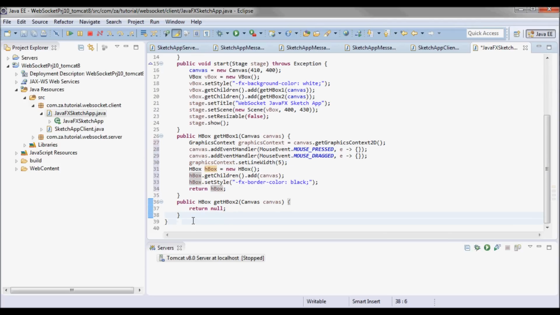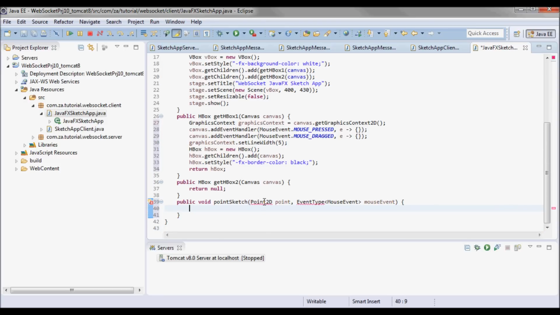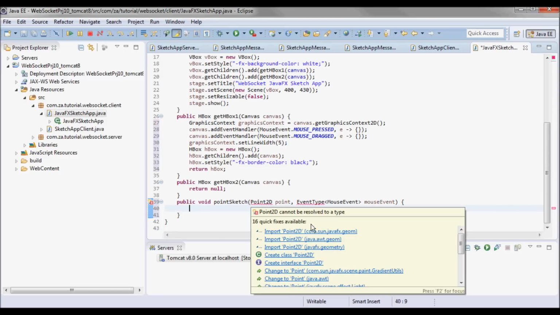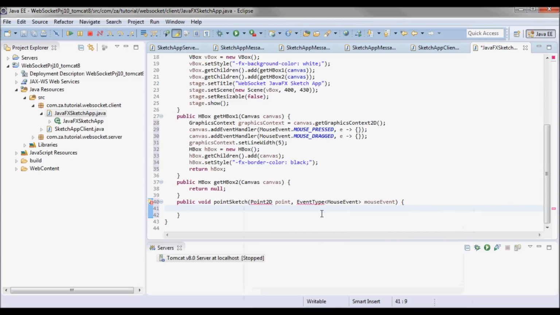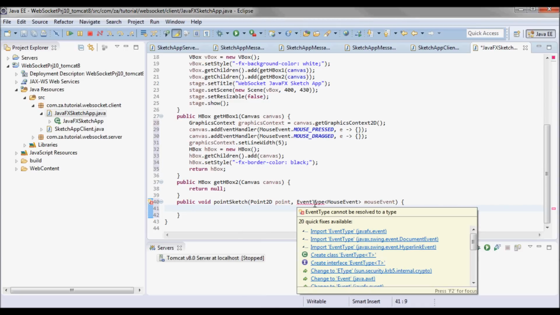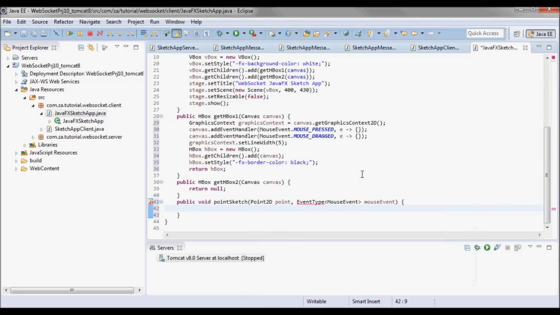And let me define this method, the pointSketch method, which I will be passing the point to be sketched and the event type. And we have two types of events, mouse pressed and mouse dragged.